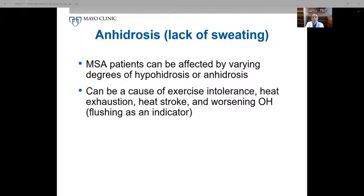Now, moving to the next symptom of autonomic failure in multiple system atrophy, which is anhidrosis, or lack of sweating. MSA patients can be affected by varying degrees of hypohidrosis, which is reduced sweating, and anhidrosis, which is lack of sweating. Anhidrosis can be the cause of exercise intolerance, as we have mentioned, because of overheating. Heat exhaustion, heat stroke are also serious complications of inability to sweat, because this is the main mechanism in which the human body is able to dissipate heat,